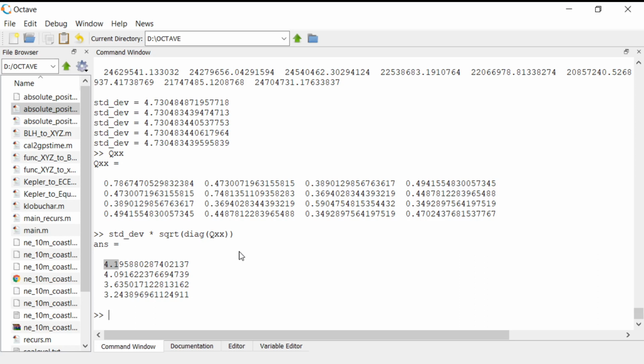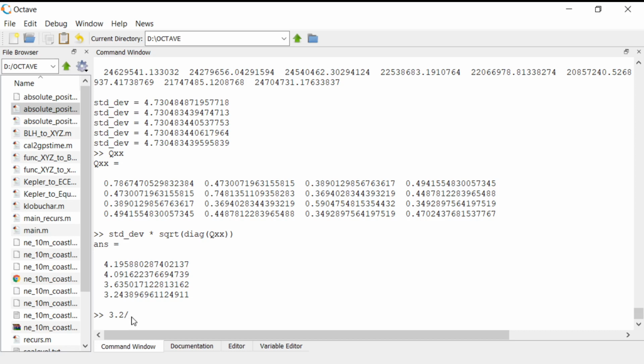Y is again 4 meters, so 3.6 in the z component, and my receiver clock introduces 3.2 meters. So be aware, your receiver clock is accurate around 3.2 divided by the,